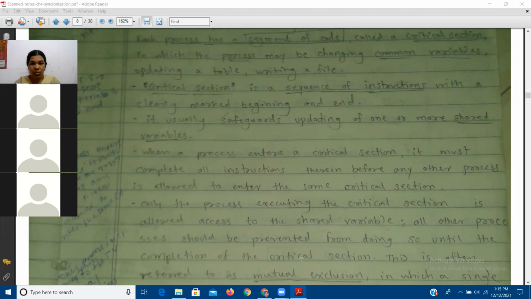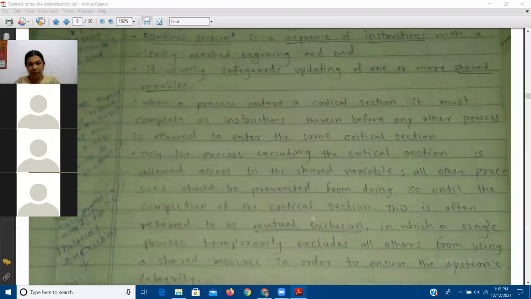Like a printer, so you want to take the printouts. If 10 students are there and they want to take the printouts with the help of one printer, the printer is treated as one resource, and these 10 students are treated as 10 processes. At a time, only one process is able to enter its critical section to take the printouts. Once the taking of printout with respect to P1 is over, the second student is able to enter its critical section, because the printer is the common resource.